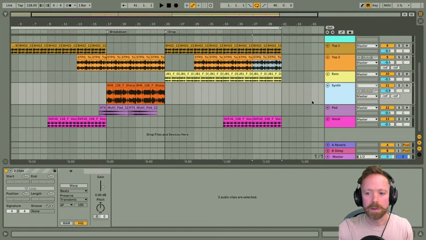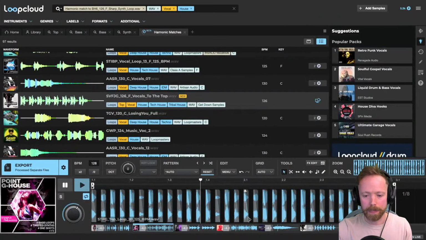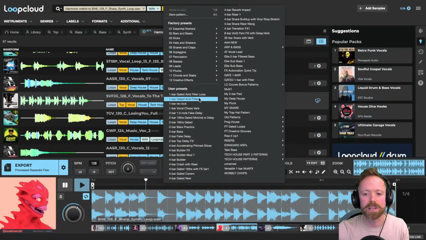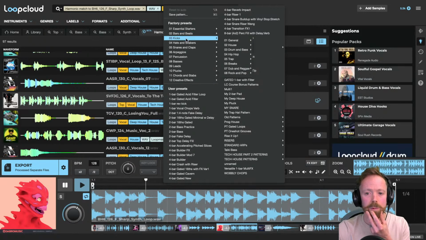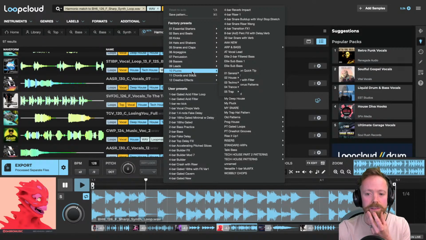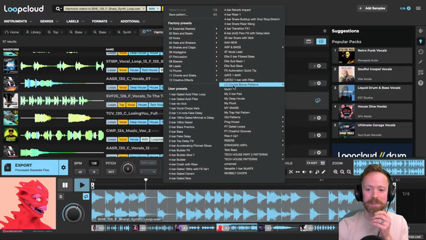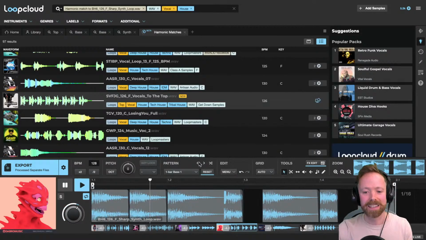So we'll come back over to Loopcloud now. We'll go to our synth part here. We'll come back over to the pattern section, and now you can just go to town, really, going into all of these different presets. So these are the ones that come with Loopcloud. There's tons of them. I've made a load. Here's ones with my Loopcloud course. So this is the original,